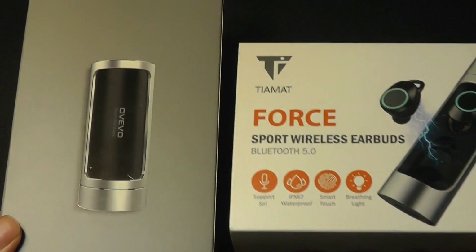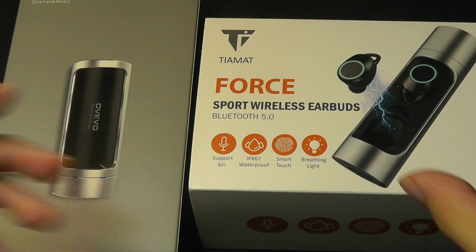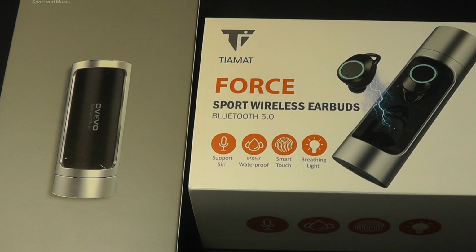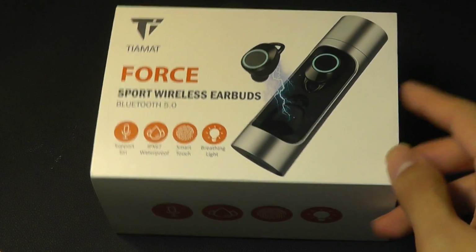It has that same rotating shape that you use to store the earbuds in when you're not using them, and then it rotates to open the door so you can take them out when you want to put them into your ears. It's a very elegant design that I liked a lot, so I'm glad to see that another manufacturer